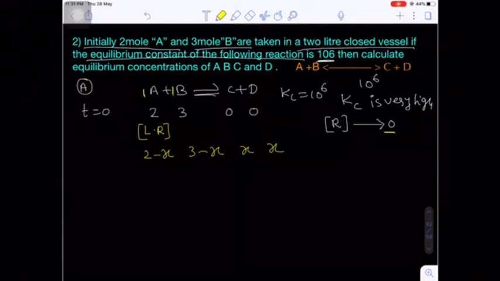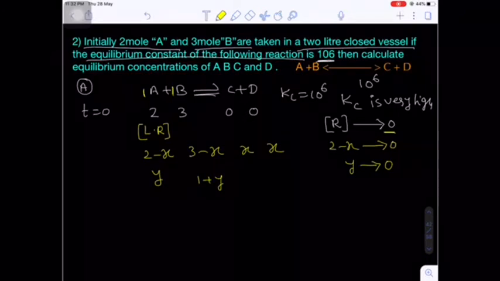So what I am doing here is taking 2 minus X tending to 0. Are you getting my point? That means the 2 minus X value tends to 0. Let's suppose this 2 minus X value is Y. That means Y tends to 0. Now what does 3 minus X become? 1 plus Y. Because 2 minus X is Y, 3 minus X is 1 plus Y.